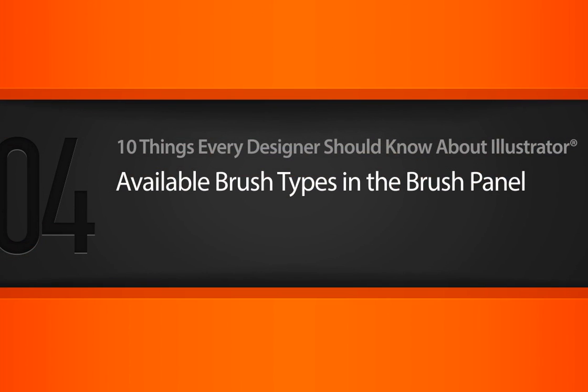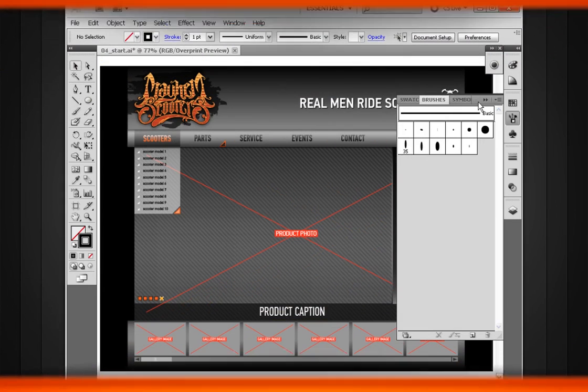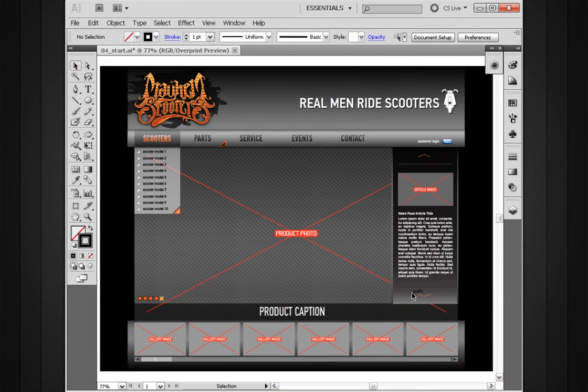In this lesson, we'll learn about the different types of brushes available to us in Illustrator's brush panel. Understanding and mastering brushes in Illustrator is really an important part of many different workflows. Now, before we can begin mastering these brushes, we need to first talk about what is a brush and what